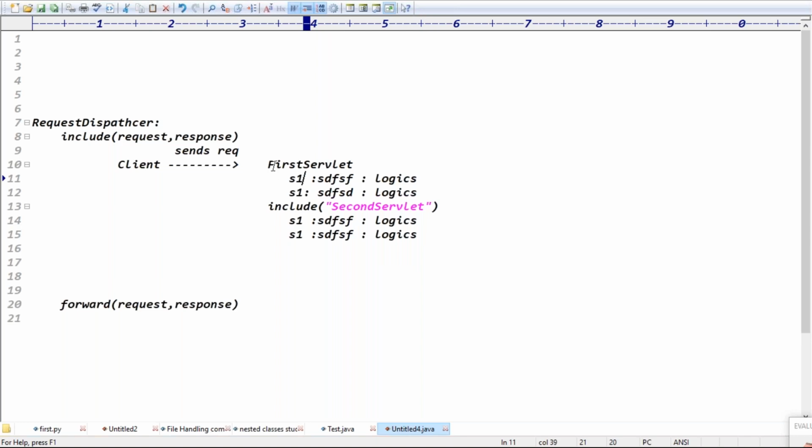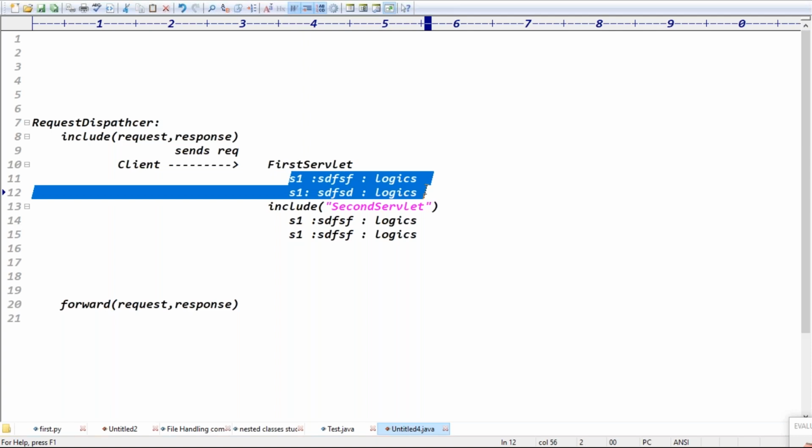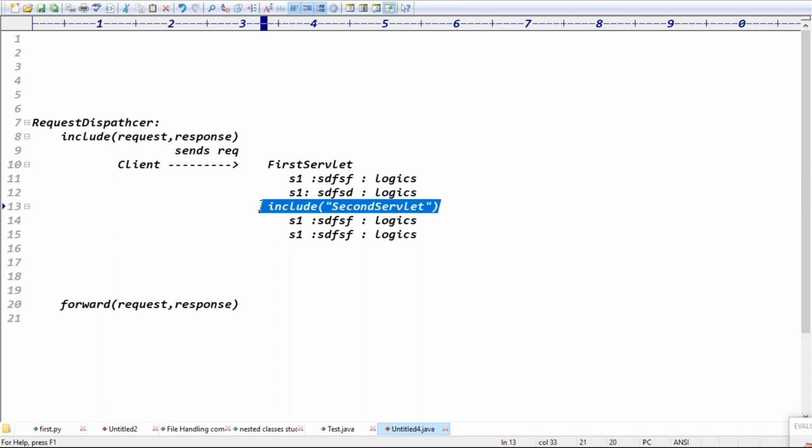Now my response object contains the first servlet's response, and the included second servlet's response is also added here.